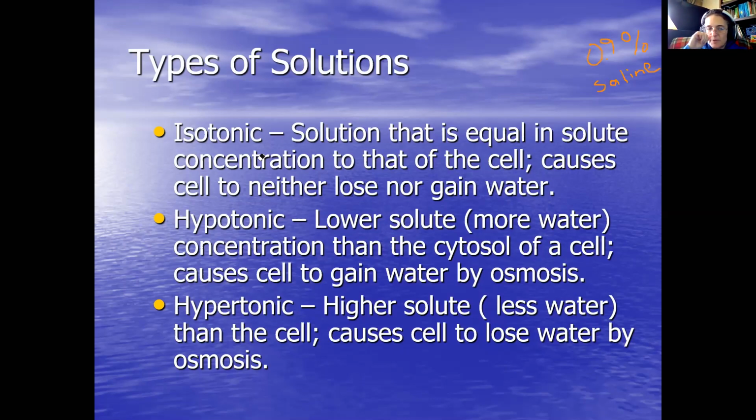Something we're not really worried about here, studying animal and human science, medical type stuff, is plants, but plant cells do have a cell wall, and they don't burst. That wall is like putting a water balloon in a box and trying to pump water into the balloon. It'll fill up the space that it can, and then the outside of the box will start pushing the water back out at you as you're trying to pump it in.